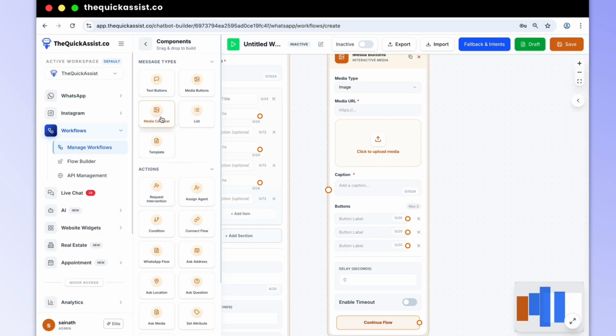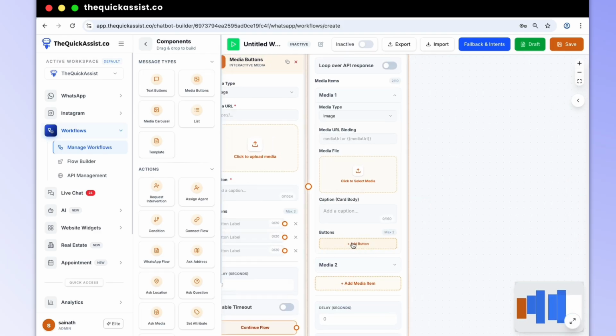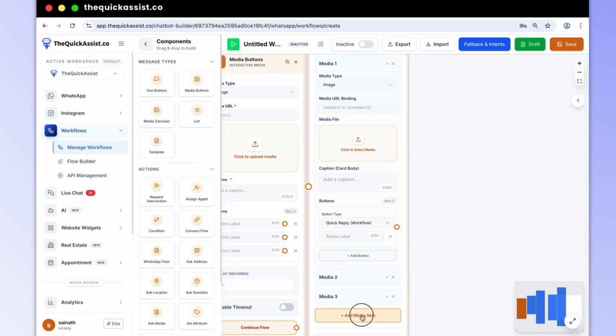Suppose we want to add multiple images, videos and documents, we can make the use of media carousel, where we can add multiple images and also here we can add maximum 2 buttons.